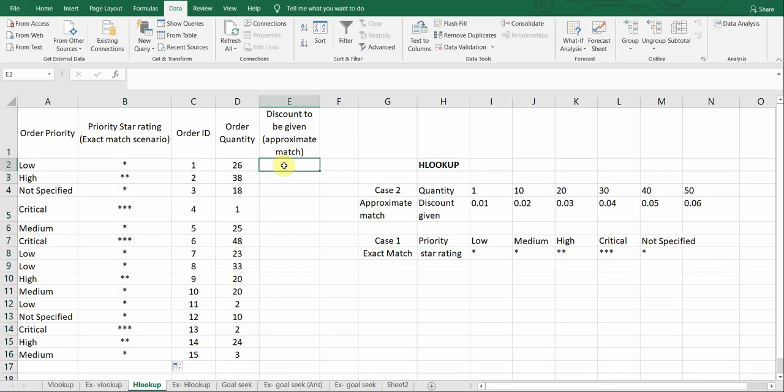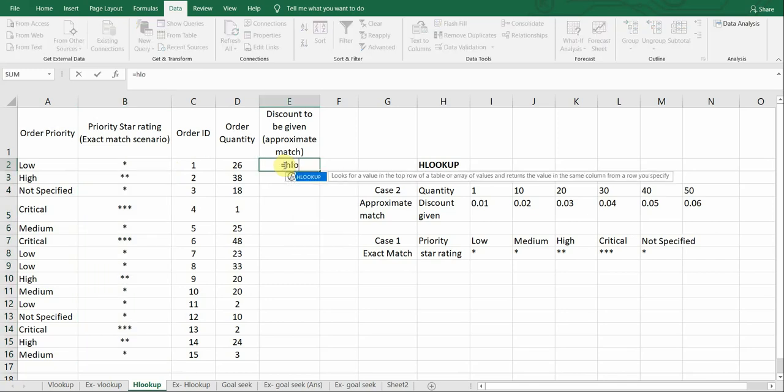Now here again we will start typing the HLOOKUP formula. The first one is the lookup value, which is nothing but the order quantity over here. And then the table array, here we have the quantity in the first row and the discount that needs to be given in the second row.